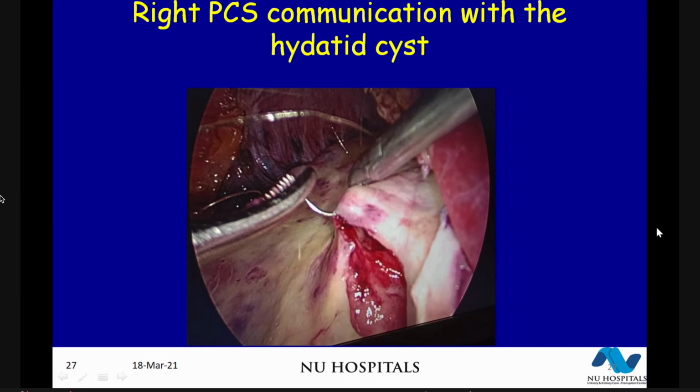No more questions from our side, sir. Nothing from here too, unless somebody wants to ask a question. Prabhakar, you were able to do this whole thing laparoscopically? Yes. Did you go retro or transperitoneal? It was transperitoneal. Then we packed the pericyst cavity with the omentum, sir.